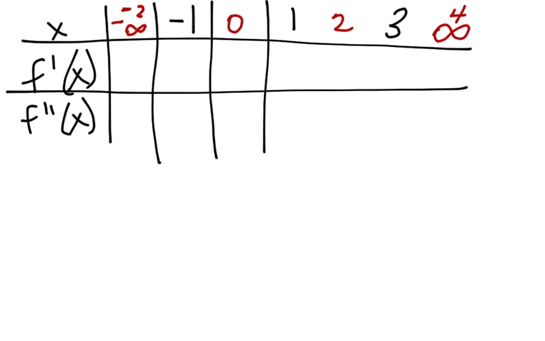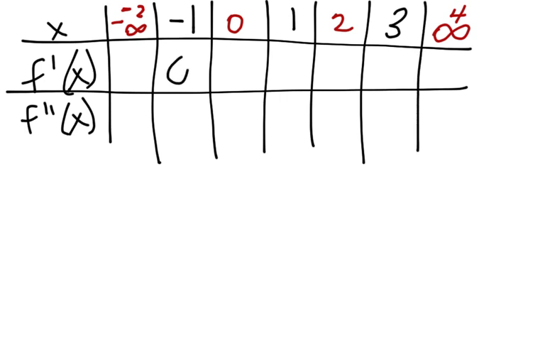So I can go ahead and fill in where my zeros were. At -1, this was a 0 for the first derivative. At 3, this was a 0 for the first derivative. And at 1, this was a 0 for the second derivative. Now I'm going to determine the signs of the first derivative and the second derivative for each of the holes in my chart. So f prime of x is equal to,